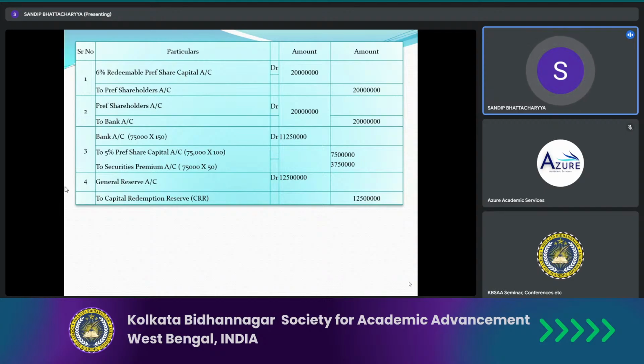Second entry is the payment entry, that is the banking payment entry. That means preference shareholders account debit to bank account, rupees 2 crore. Now, first is the due entry, second is the payment entry. It is over. Now sort out journal entry number 3, or serial entry number 3. That means you have issued a new category of preference shares, which means capital inflow in your business. That means your bank account should be an elevated one, that is, your bank account is debited. So the bank account debit, how much? I have already made the calculation here.